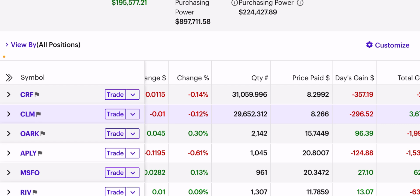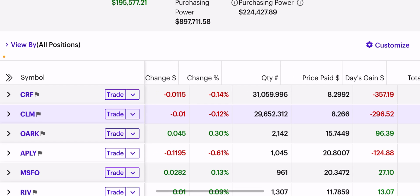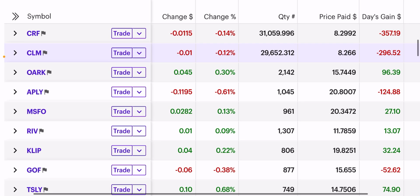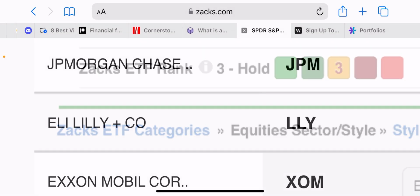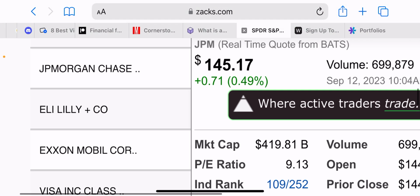All right, I've been in it for years, and it's always been as good as advertised, but I'm just making sure I tie my investments to the indexes here with Cornerstone, and then I'm diversifying with Yieldmax. And as I do Yieldmax, I'm layering more index on top of Cornerstone, because the way that we have it constructed, again, if you go to the Zacks website here, you can see that the top 10 holdings are basically